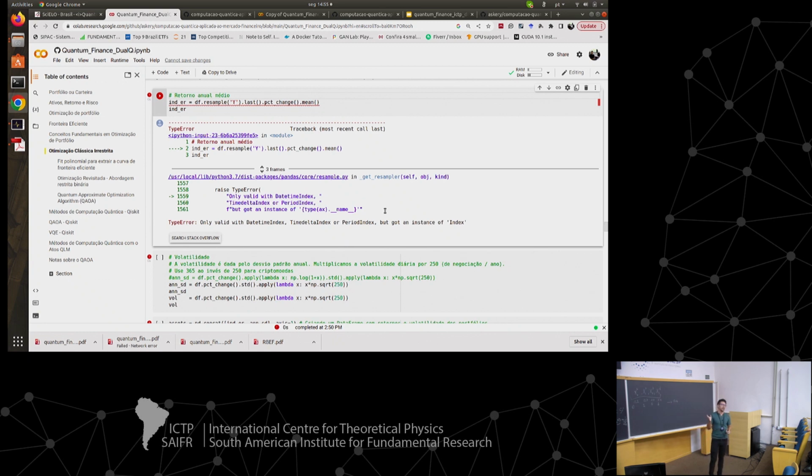But suppose that you have all the Ibovespa stocks. This problem is so big. Or the S&P 500 in the US. I'm doing it with 4 stocks here, so it's not that scalable. You cannot fit this in the circuit model, you cannot fit this in Qiskit on our IBM computer. So it's hard to scale this problem.